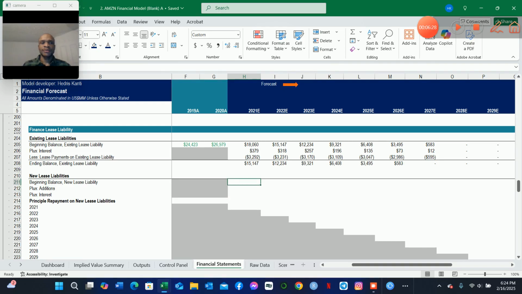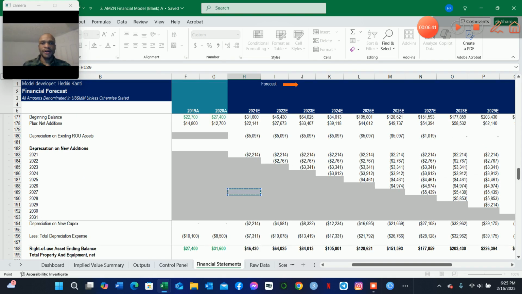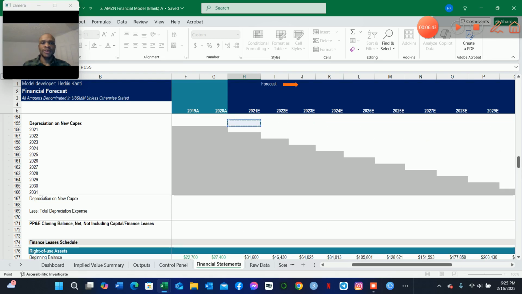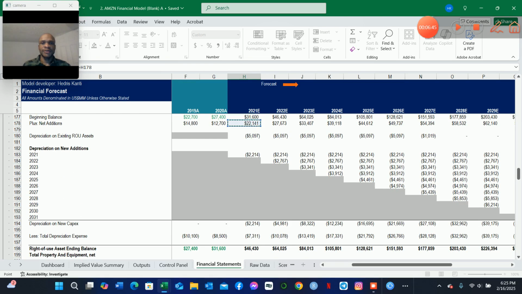So for the new leases, we know that the beginning balance is going to be equal to 0 for that period, and then the net additions, we already have that set up for us in our right of use assets. So we know that the additions that we made in the period were based on the revenue, and we have that already in the finance lease section of the right of use assets. So we just